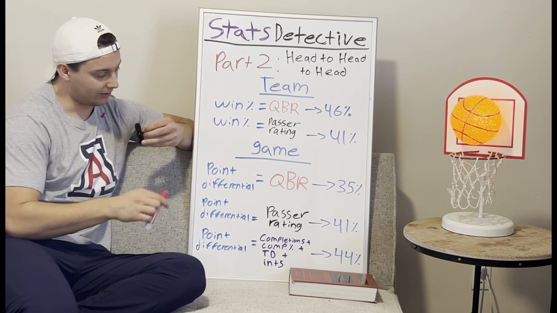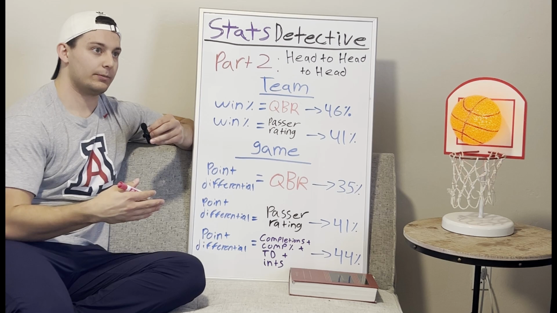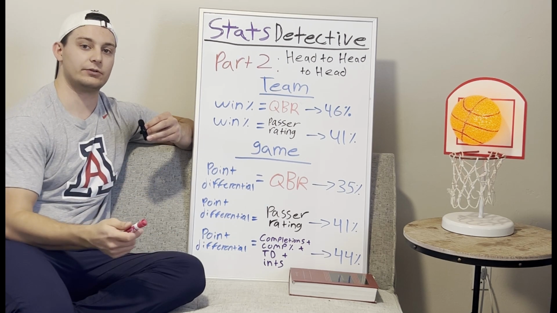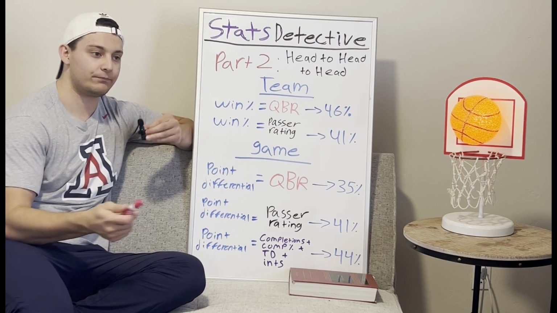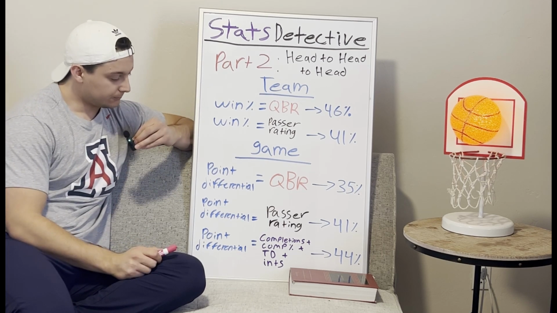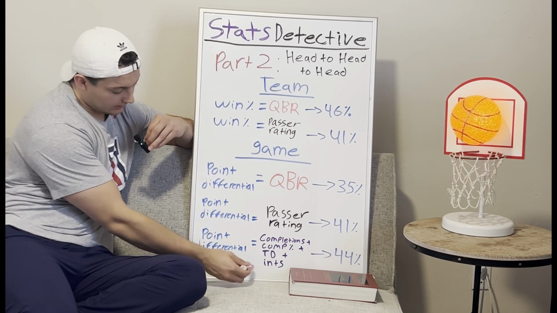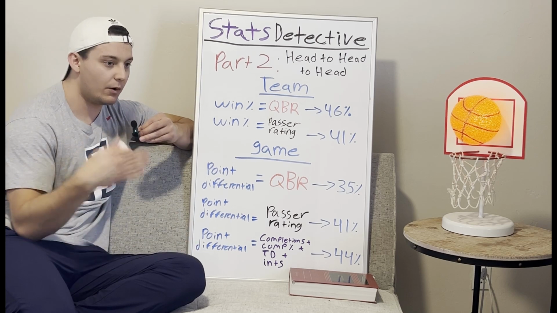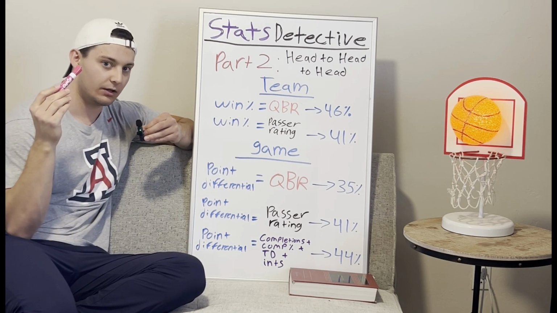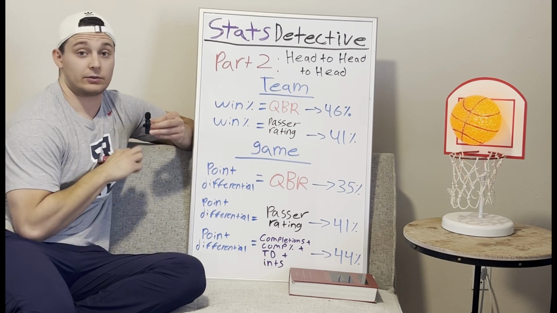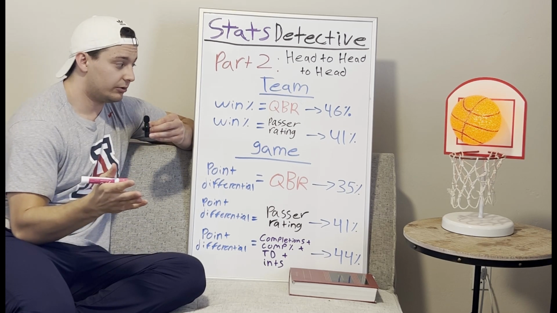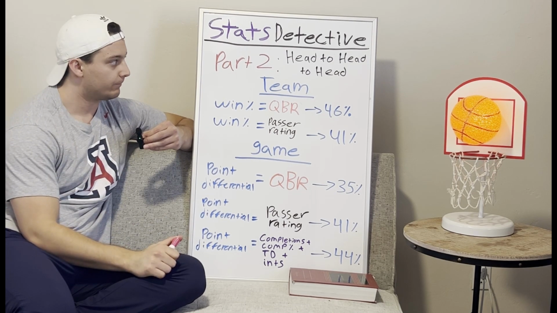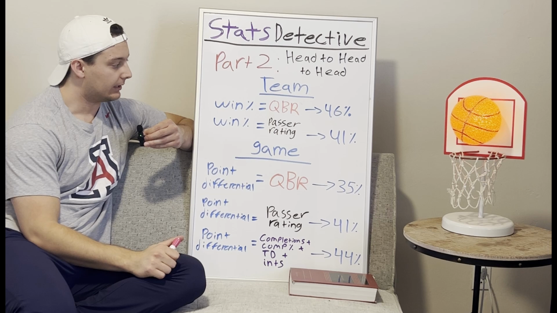I don't really care if my quarterback did 5 points better on QBR last night. Like, there's no moral victories. You know what I mean? If they lost the game, I'm mad about it. So that's why this model is better, because it tells us more what we want to know, which is, how did that quarterback impact the outcome of the game? That's what I care about, at least. We can agree to disagree, but yeah, there's one more bit of information that you need, and we will see that in a second.